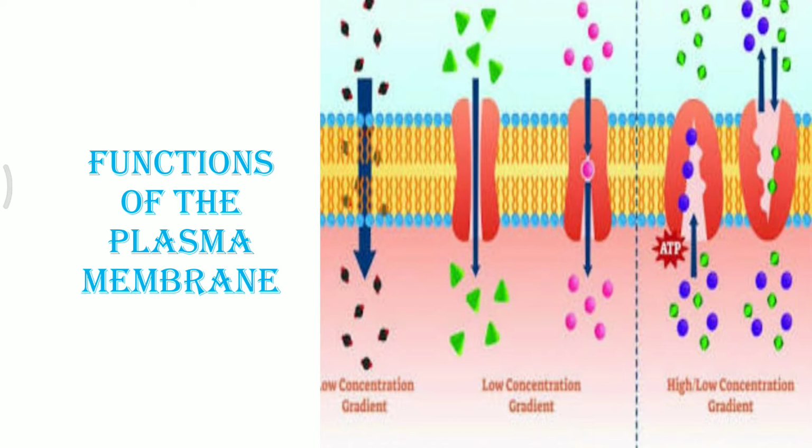We are aware of the fluid mosaic model and the exact structure of the cell membrane. Now we will be discussing different types of movements. One of the movements which we have an idea about is simple diffusion. How does simple diffusion occur? If you remember, the movement of particles from a lower concentration to a higher concentration through a semi-permeable membrane or any membrane is known as simple diffusion. Through this process also, various substances diffuse within the cell itself.